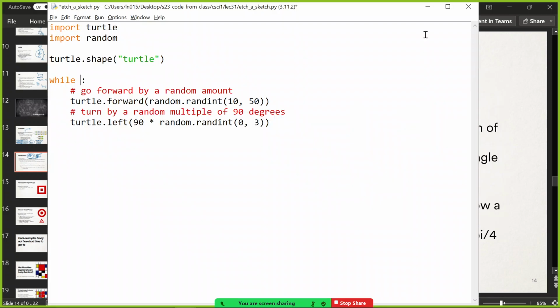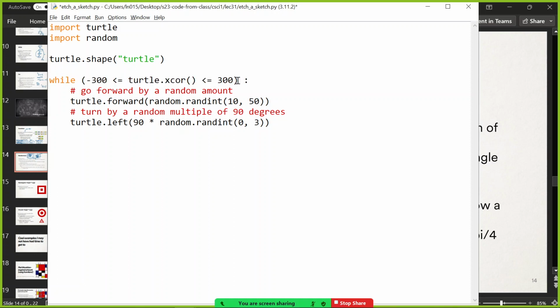So while the turtle's within the proper spot, so turtle.xcore gives back something less than or equal to 300, and also bigger than or equal to negative 300. Something nice about Python is that you can do the math kind of inequalities. You can say negative 300 is less than or equal to turtle.xcore less than or equal to 300, which is pretty nice. So while that's true and it's the same for y is also true.